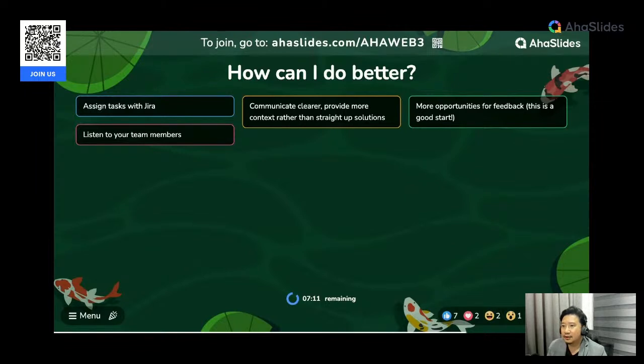And over here, on a general basis, I can get feedback on how I can do better as a leader of my team, a small team that is, and quickly rectify anything that I should fix quickly, right? And sometimes it could be something like assign tasks with Jira. This is a very simple thing, something that I should actually focus on and spend time to work on. Doesn't take me too much time, but because it's so simple, I might easily forget about it, right? I might think, I can do that later, kind of thing.